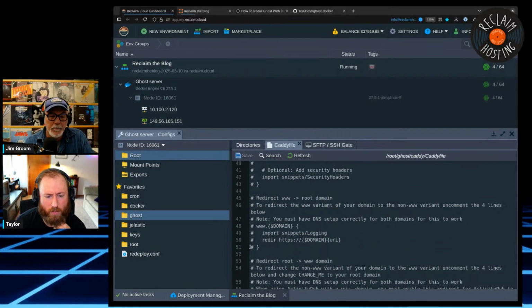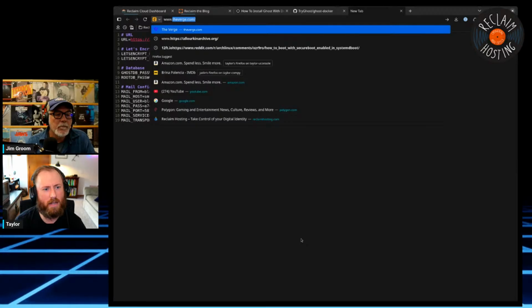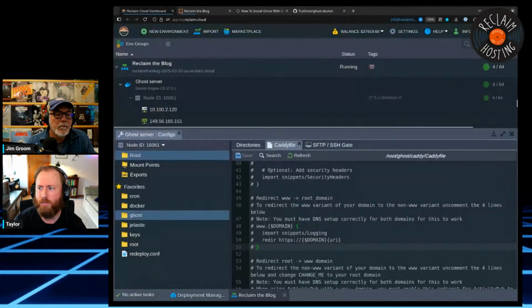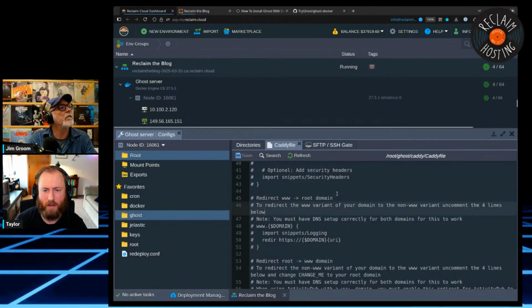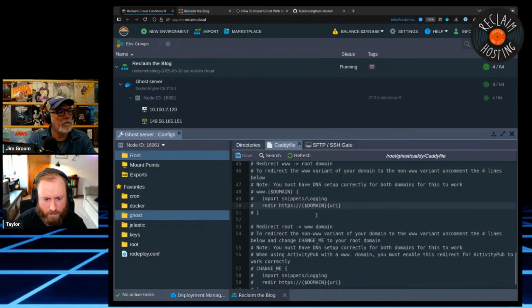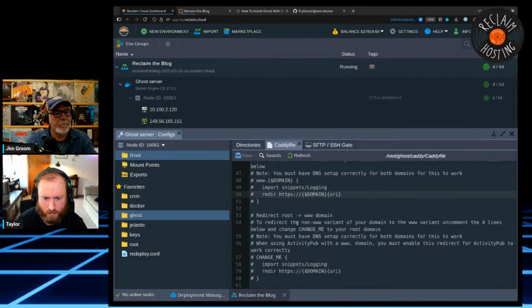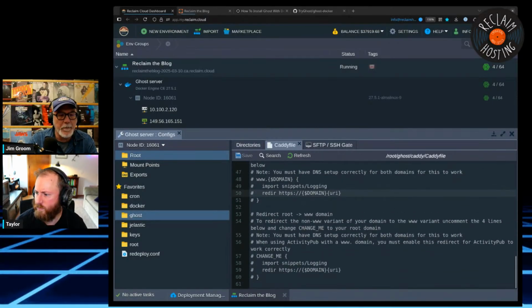Yeah. Redirect www to root. We should do that. I don't know if we have that domain. Actually, I'm not 100% sure if we even set up www.blog.reclaimhosting.com. Yeah, maybe not, because it's not a root domain. Yeah, if you could test that, that'd be awesome. Yeah, because that doesn't sound familiar. It's less often that we would do that on a subdomain. But we could.